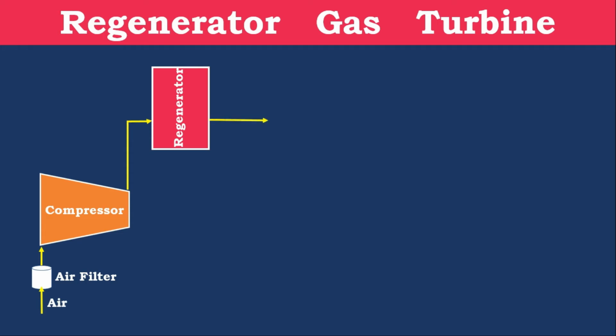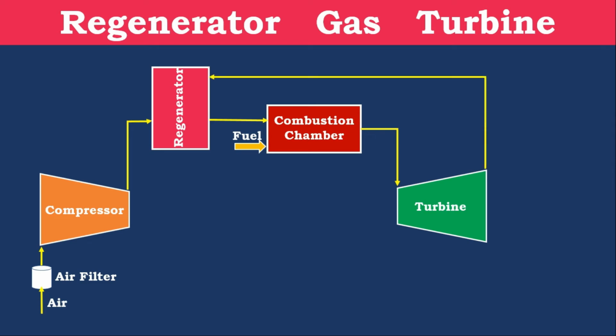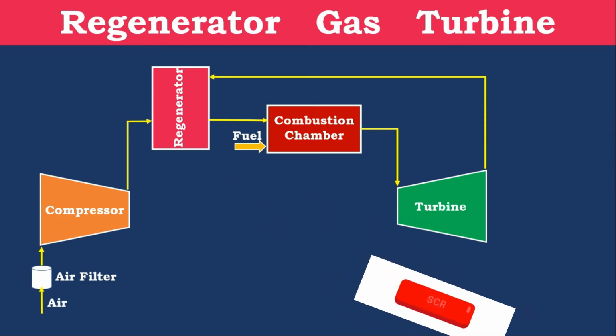After the regenerator, the air enters the combustion chamber where the fuel is added. The fuel injectors are placed at the entry of the combustion chamber, where they inject the fuel and create turbulence. Due to this turbulence, air and fuel are mixed thoroughly and ignited with a spark from a spark plug. As a result, the air attains high enthalpy. Later on, this air is sent to the turbine where it impels the turbine blades to rotate the shaft to get power output.